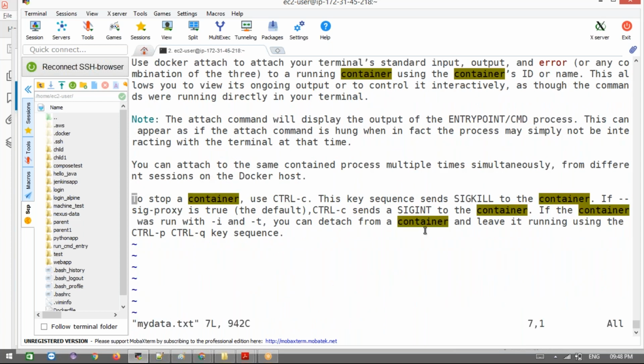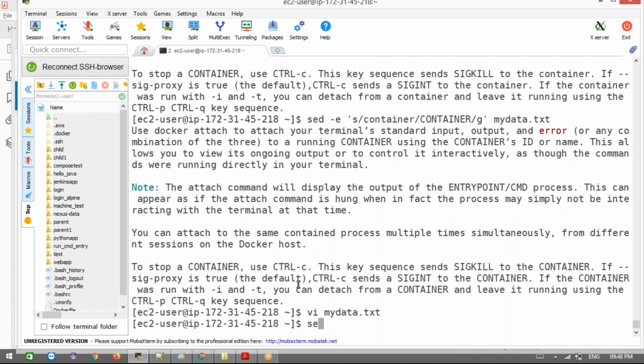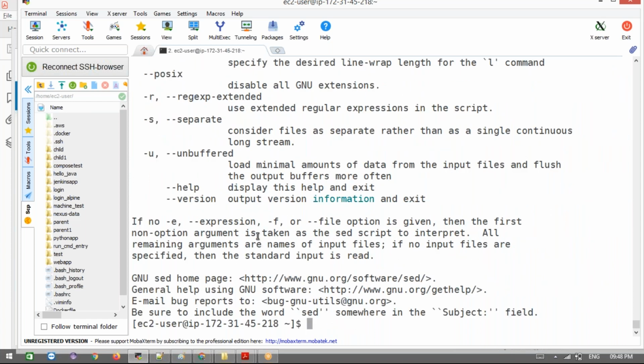Now see, still it has the old text. What is the option we need to use? sed --help. Okay, check that help, and see exactly what option stores this.